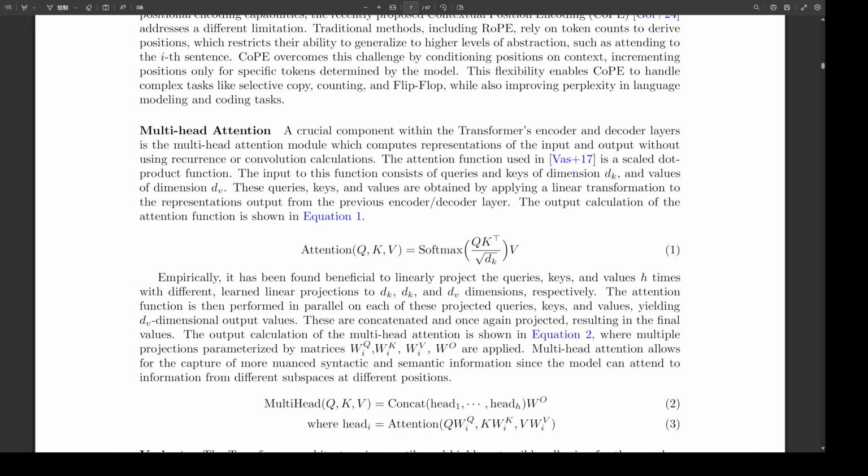So the encoder takes the input sequence and transforms it into a sequence of continuous representations. Think of it as trying to understand the meaning of the input and encoding that meaning into a numerical form that the decoder can work with. And the decoder then uses those encoder representations to generate the output sequence. Exactly. It takes those representations and, usually one word at a time, generates the output sequence, taking into account both the encoded input and the words it's already generated. Like a translator working from a source text.